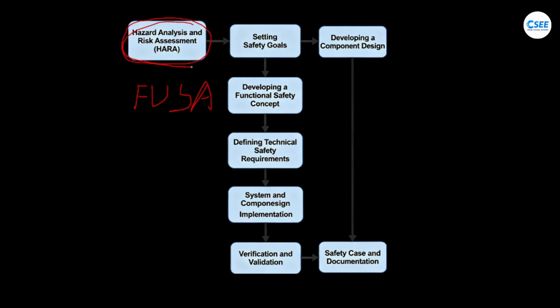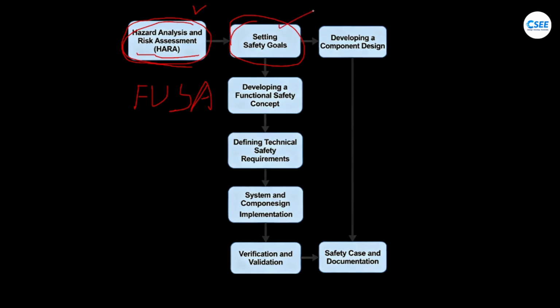They assess how severe each hazard is, how likely it is to occur, and how easily it can be controlled. Based on this assessment, the ASIL level is assigned to each function. Next, engineers set safety goals, which are high level targets designed to prevent accidents. For example, one safety goal might state that the vehicle must be able to stop safely even if the brake